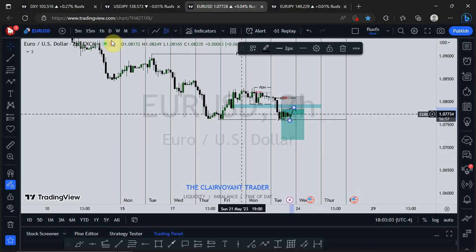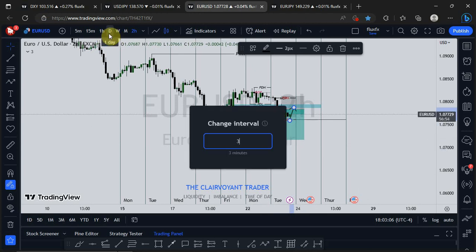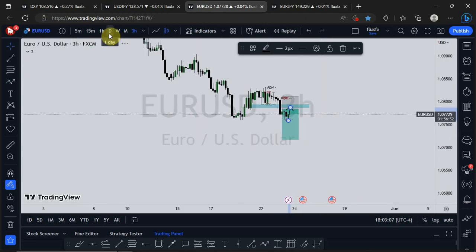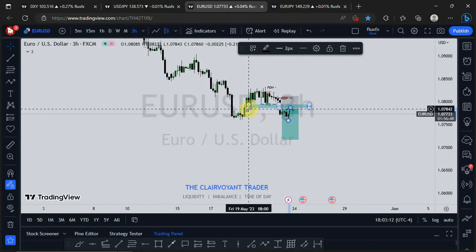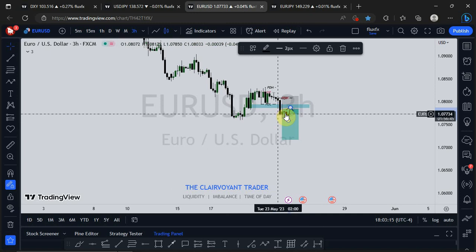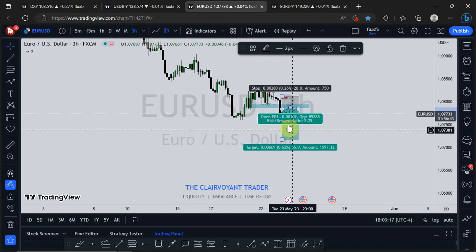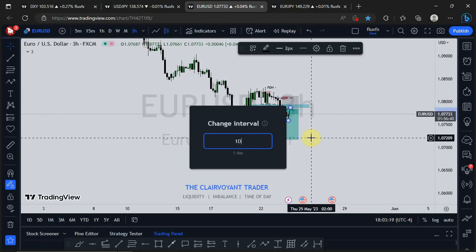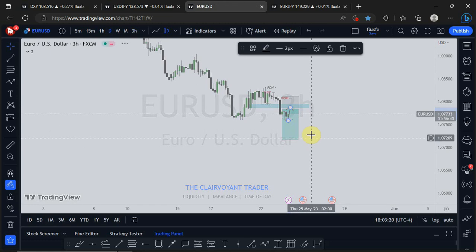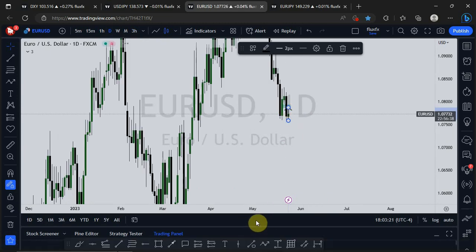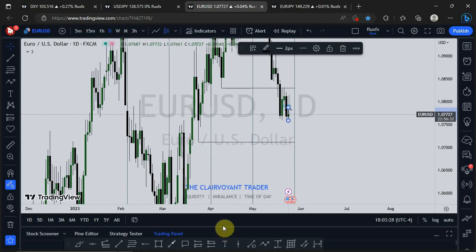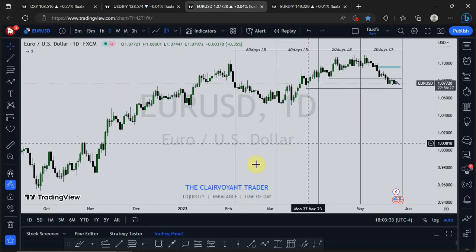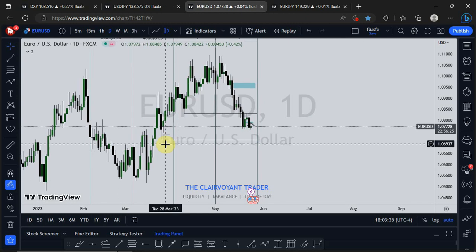Because if you go further, let's move to the 3 hour. Realize that price is really bearish. This low has been taken out, so it should give you the indication that price is really bearish. Let's switch to the daily and see what is happening on the daily time frame. So this is the daily for you. This is the line that you saw on the 1 hour time frame.